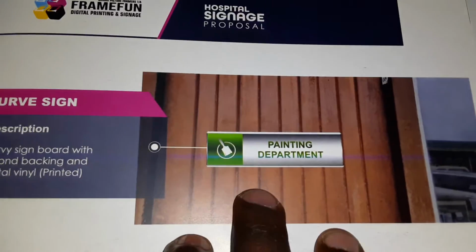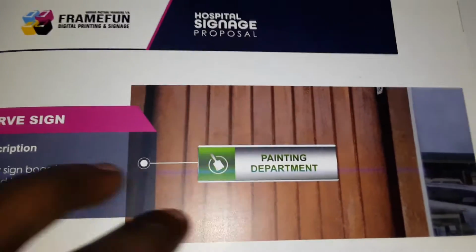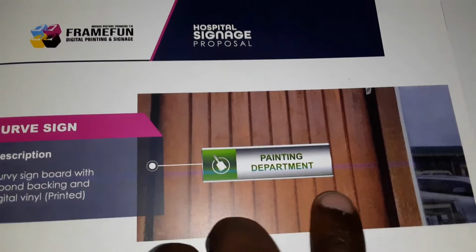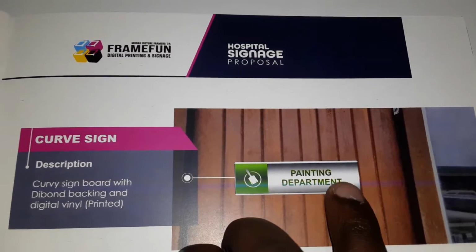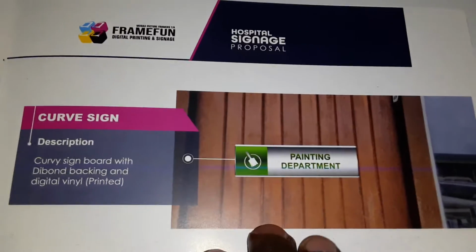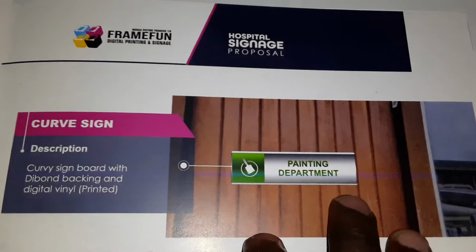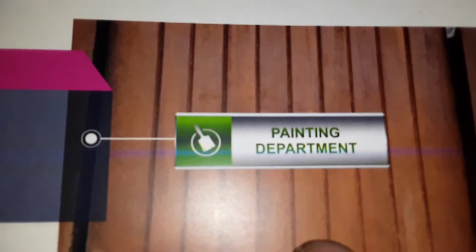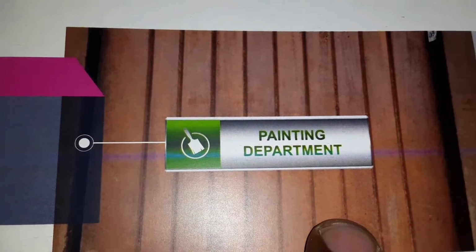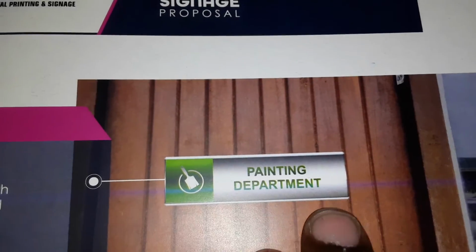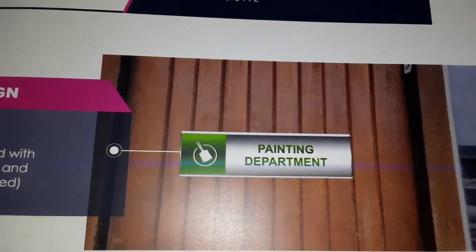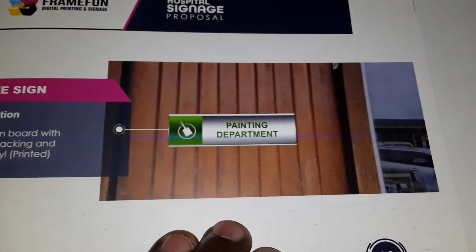So as you can see, this is a curvy sign, but it's a mockup. It's on the door. It shows you how it looks in real life. This has been designed in CorelDRAW. As you can see, it's not as realistic as possible, but I can say it's